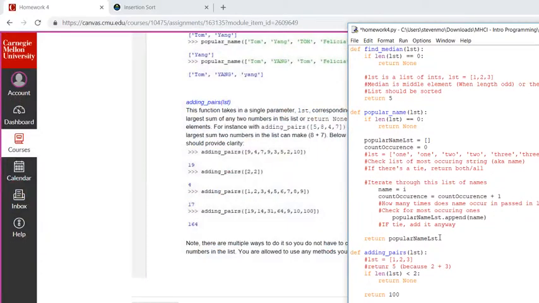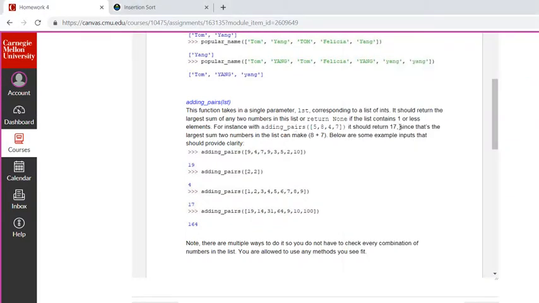Going back up here. Yeah, walking through this, that should be a 15 for adding pairs, since that's the largest sum two numbers can make, 8 and 7, right? Below are some example inputs. Okay. So if I look at this one, 9, 4, 7, 9, 3, 5, 10, so 10 and one of these nines is going to be the largest, because you can get the largest sum by adding the 2 largest numbers of the list. So basically what we're looking for